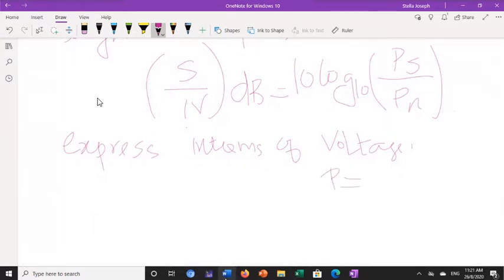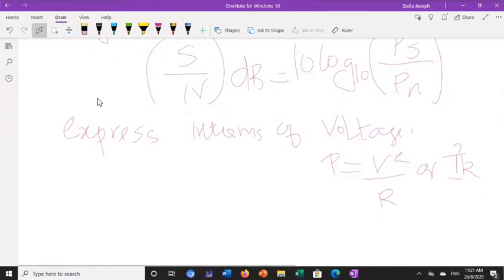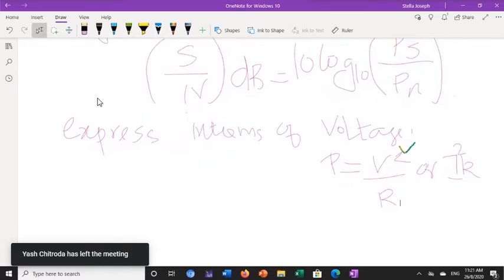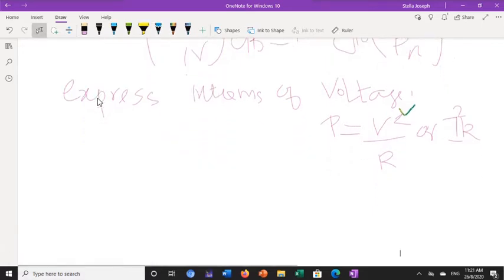Power is equal to V squared divided by R, or I squared R. This is a standard formula. So in terms of voltage, we first use this one: Vs squared divided by Rs. Now the equation will become S by N in dB